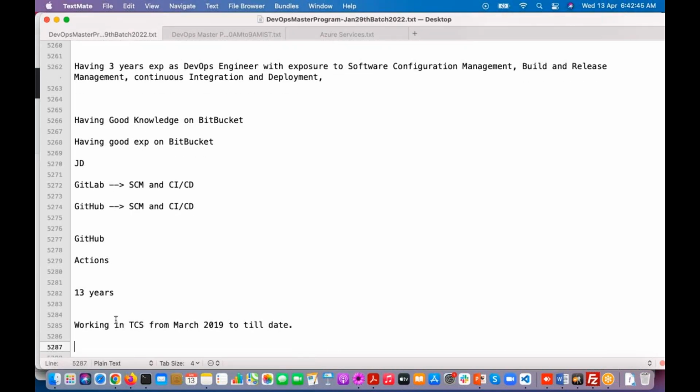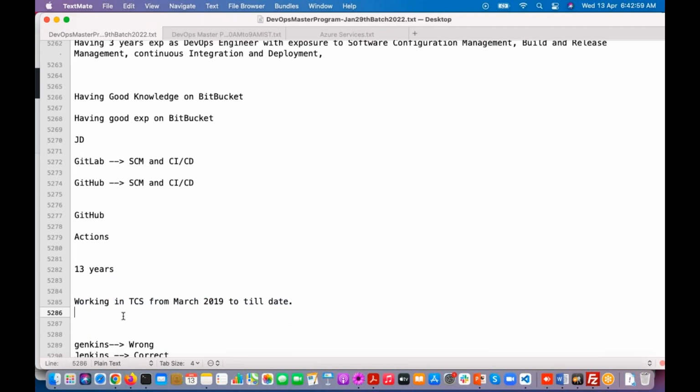So the HR executive is going to ask, are you working as a permanent employee in TCS? Are you working there first of all? No, right? Then what are you going to say? No, I'm a contract employee. So my payroll company is some other company. You are going to get some documents, right? So suppose you got those documents from this consultancy. So just tell them,